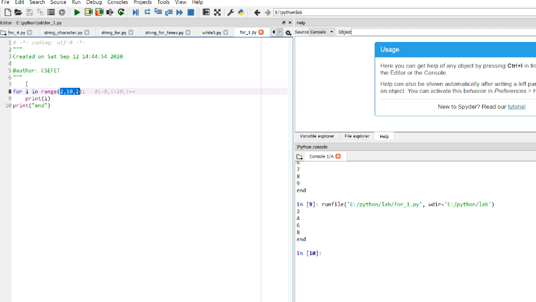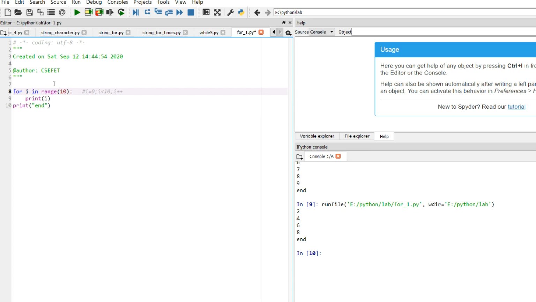We can use other methods also, but this is the most preferred method used in a for loop for numeric values. For a string we simply use in. We will talk about strings in another lecture. For the time being we concentrate on integers, and this is how a for loop is used, with different variations of range. If only one parameter is given in the range function, then this parameter tells the ending value. It starts by default from 0.